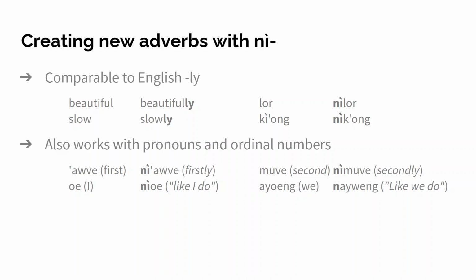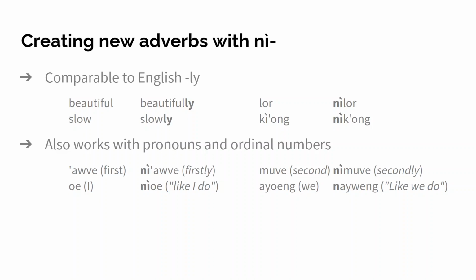So oe, I, can become neoe, like I do, or like me. Ioeng, we, becomes naiweng, like we do. So here again, it's not ne ioeng, it's naiweng. There's just a shortened form that evolved over time. But in general, you can put the ne on any pronoun and you get an adverb like, yeah, we, you,